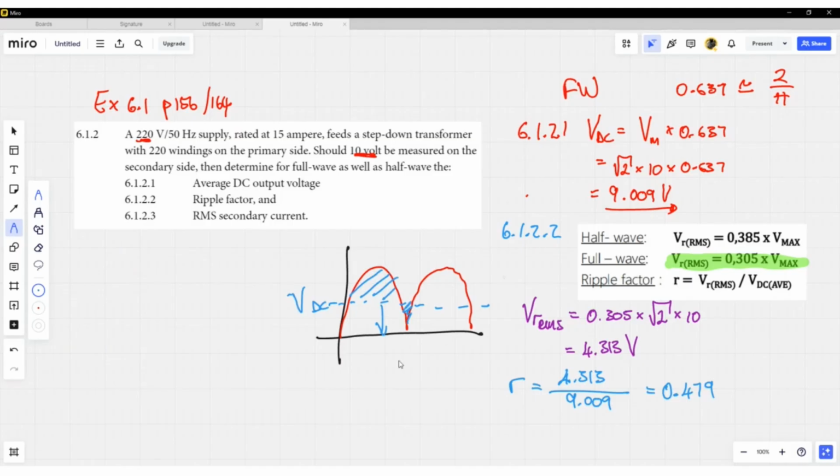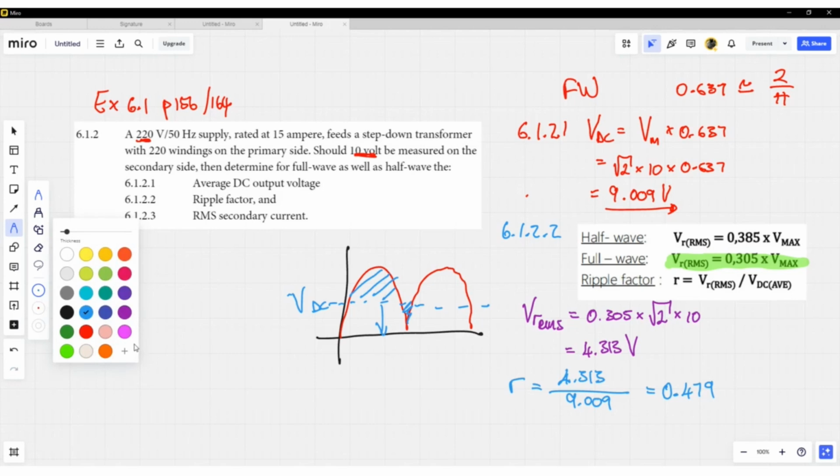So that's where the ripple RMS comes from. That's why it's such a weird value. But anyways,